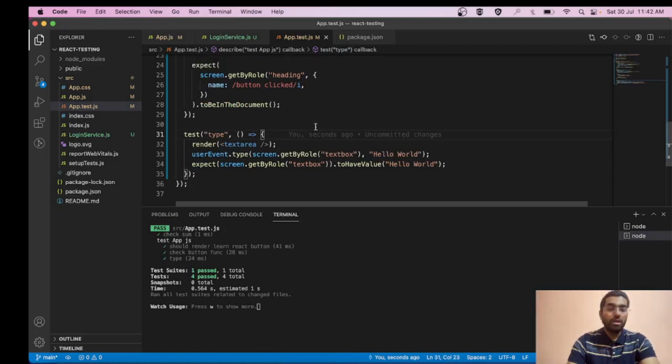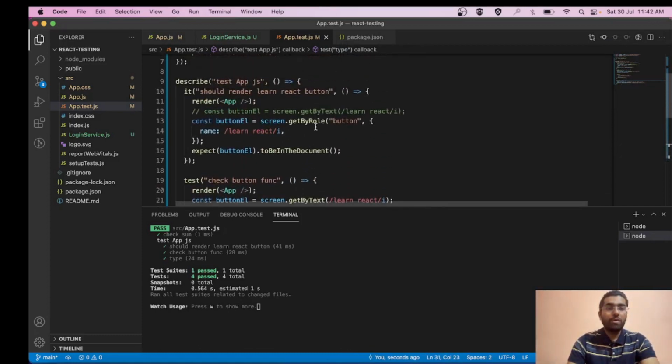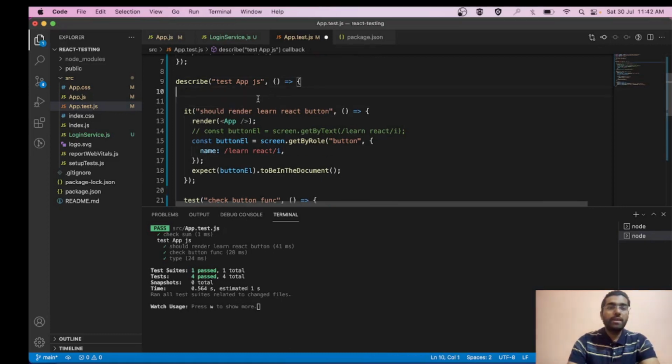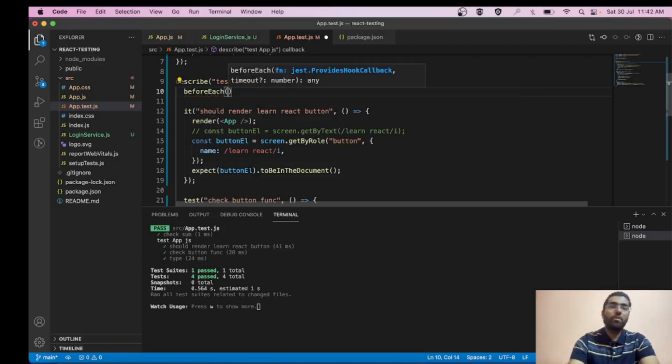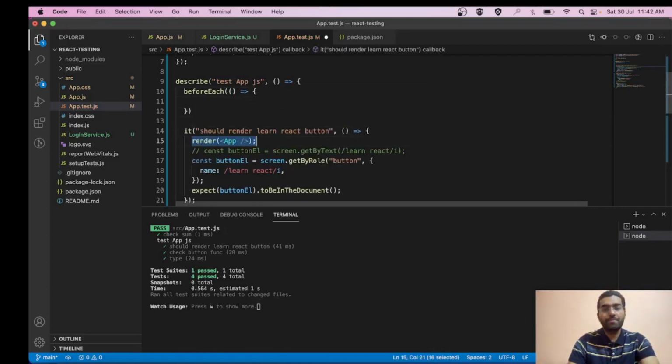Okay, cool. So friends, one more thing that I want to show you over here is, you would have noticed that we are writing this render app again and again. So instead of doing this, we can use this function that is before each. Inside this we can simply perform this particular piece of code.